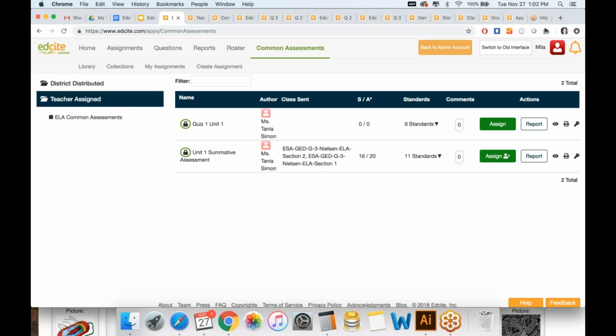The workflows allow for a teacher assigned approach, where teachers can run this themselves, saying, me and my colleagues are going to give this common assessment, and they organize independently. Or we've got a district distributed approach, which is where your admins actually schedule the assessments for teachers, and teachers are given an access code. So we've got both a teacher assigned approach or more of that admin or top down district distributed approach.